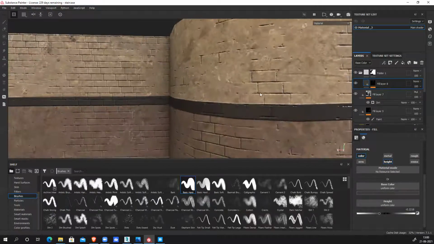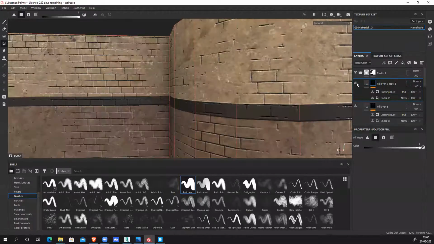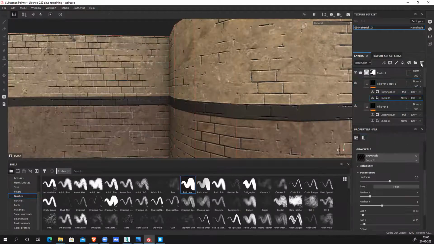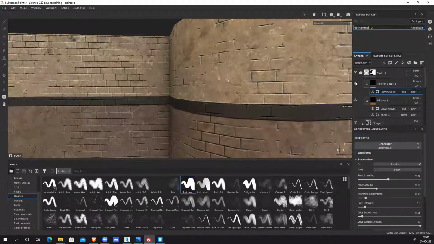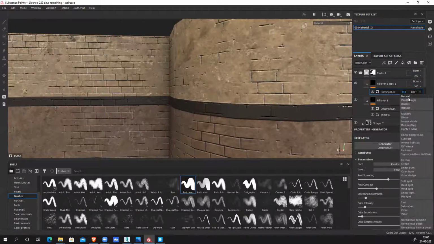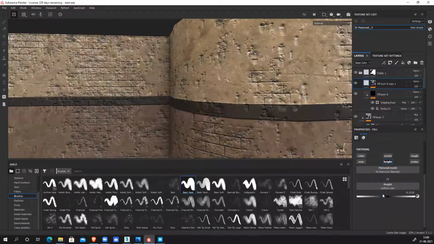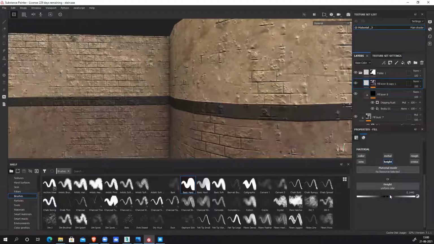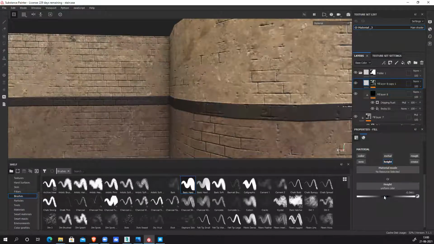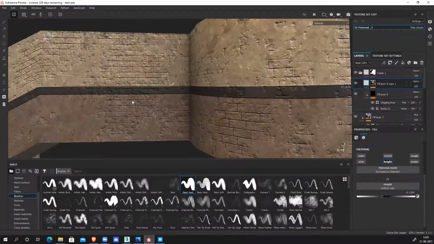Now here I feel I need to generate this nice depth. So Control, duplicate this layer. Brick is not required. Only this part is required. Make it normal. Select this. Color is also not required. It's too noisy.